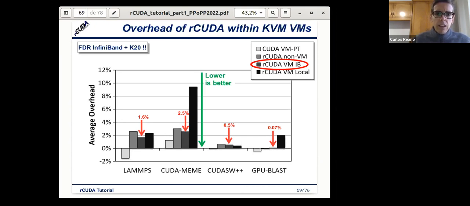When we use rCUDA with the InfiniBand network adapter doing the virtual functions, and we assign each virtual function of the network adapter to a virtual machine using pass-through, we see that we have the best results, and the performance is similar to the CUDA one.